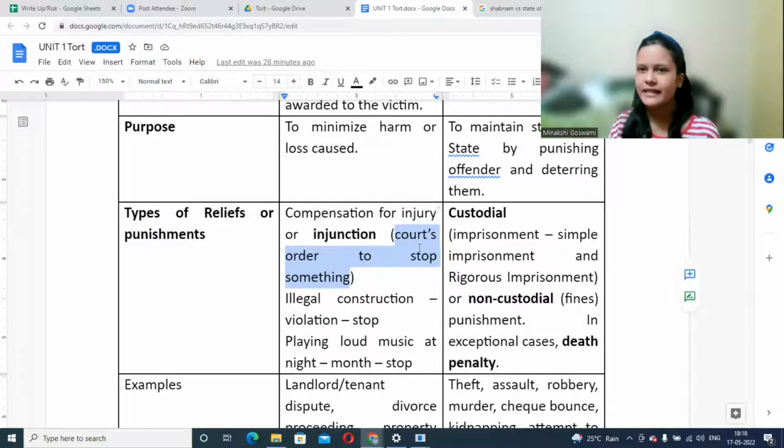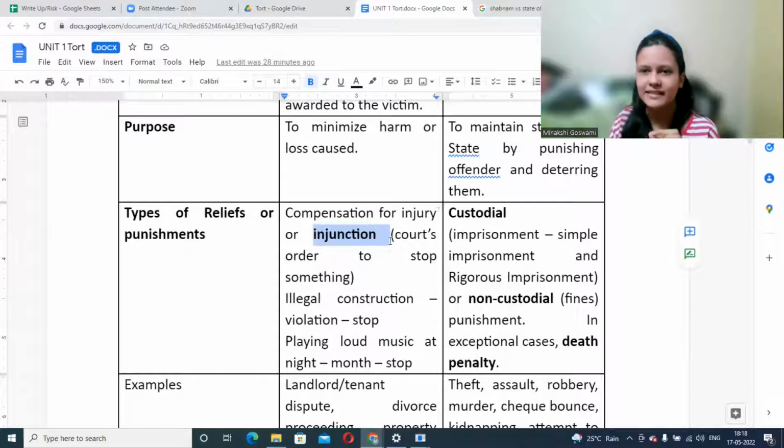So what happens? If, for example, I have constructed a building and I have occupied some of your premises, a few inches of your premises I have taken. You went to the court and filed the case. Now the court does not know whether I have actually acquired your property or not. In that case also, the court may pass an injunction, which is called a temporary injunction. The court will not simply believe what you are saying; it will do its inquiry and everything.